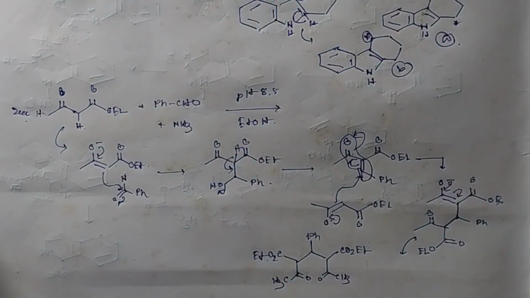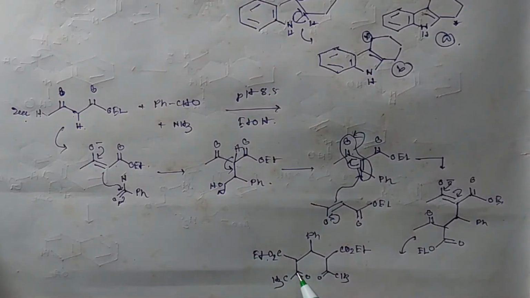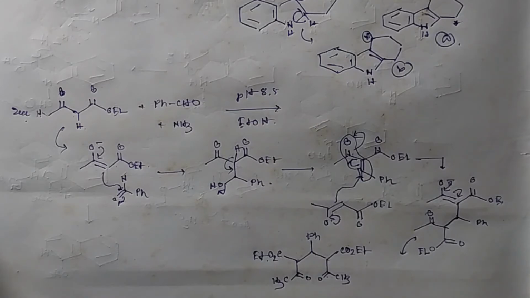So we get this as a 1,5-dicarbonyl, which is required for the synthesis of a pyridine. And now there is ammonia